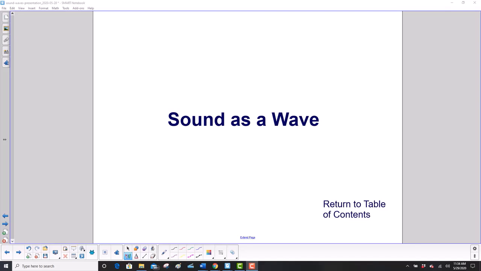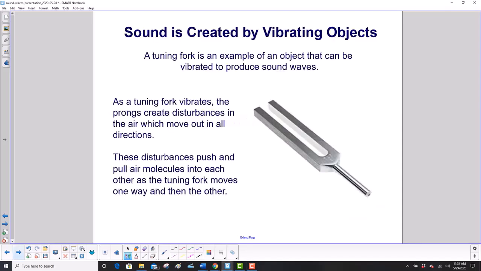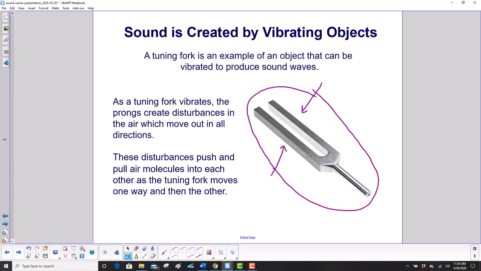Sound as a wave. Sound is created by vibrating objects. A tuning fork is an example of an object that can be vibrated to produce sound waves. As it vibrates, the prongs, these things here, create disturbances in the air which move out in all directions. These disturbances push and pull the air molecules into each other as the tuning fork moves one way and then